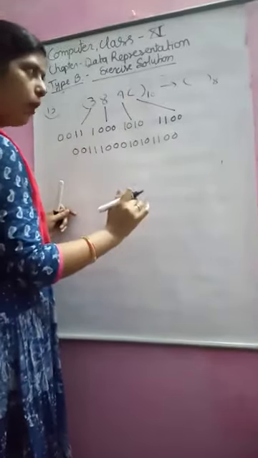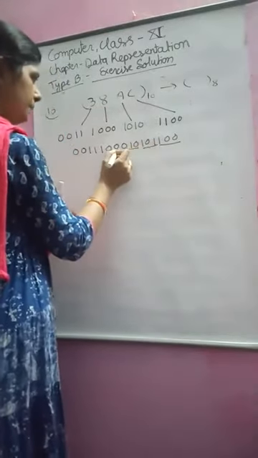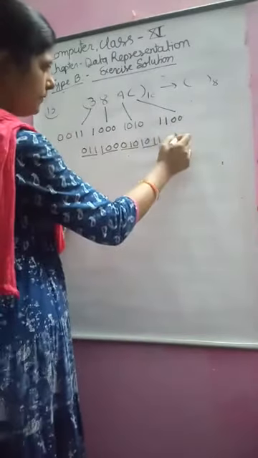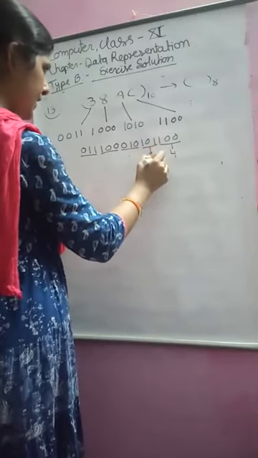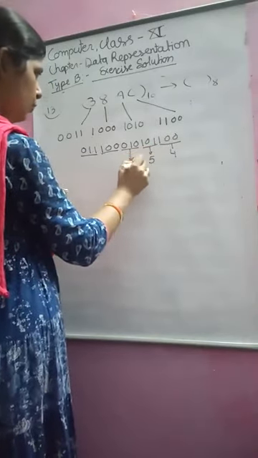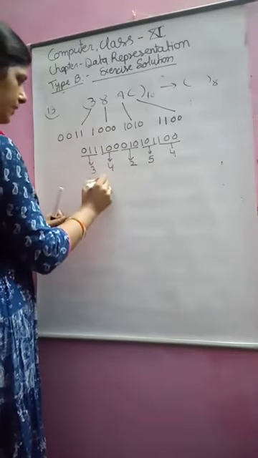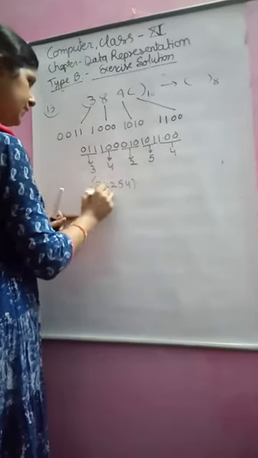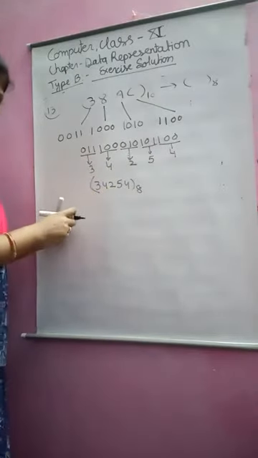Now convert it to the octal. Put 3-bit equivalent pair. First pair, second pair, third pair, fourth pair, fifth pair. No need of this one. This is 1 2 4. That is 4, 5, 2, 4 and 3. So 3 4 2 5 4. It's the equivalent octal number of this hexa. Getting? Okay.